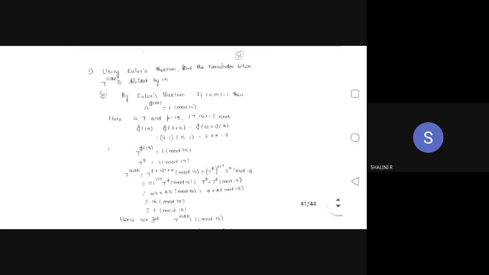If in your examination they mention any method, sometimes they may mention Wilson theorem or Fermat's Little theorem or Euler's theorem, that method is given, you will solve by using that method. So definitely this problem should be asked in your university examination, but you have to be familiar with all three methods. Any one method can be asked.